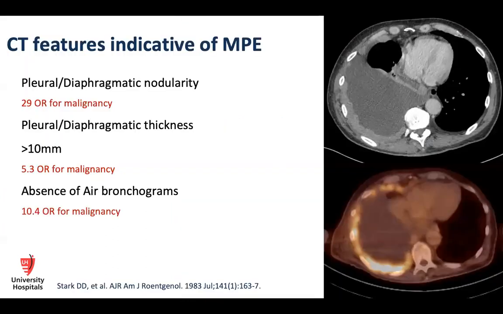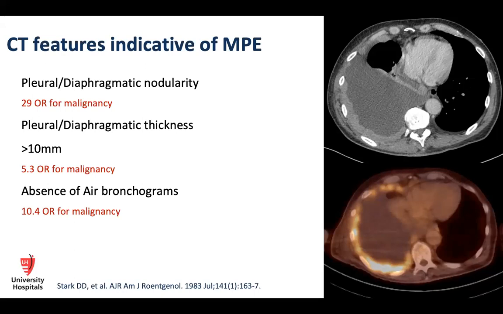The CT features indicative of malignant pleural effusion, again, are diaphragmatic and pleural nodularity, thickness more than 10 millimeters, and absence of air bronchograms. Absence of air bronchograms gives us a fair bit of confidence that the effusion is the true problem and not vice versa, that consolidation is leading to an effusion, because until you sample pleural fluid, you never know for 100% certainty whether it is going to be malignant or a complex infected